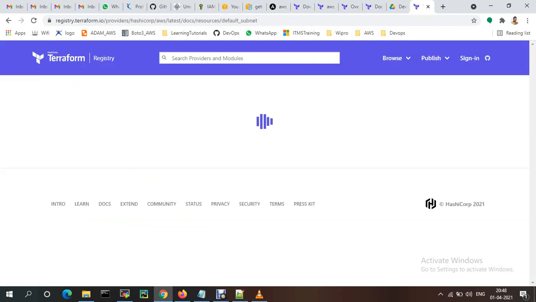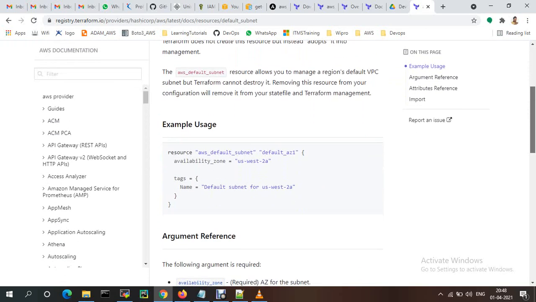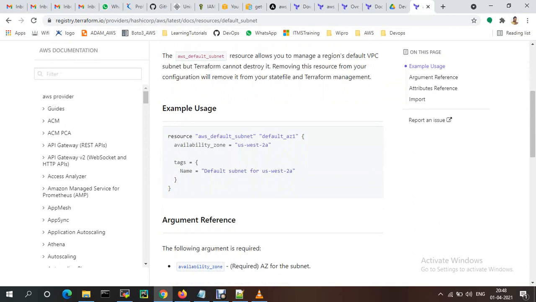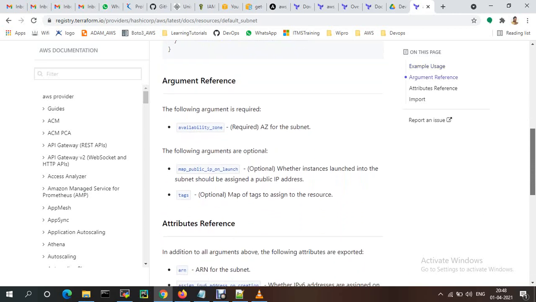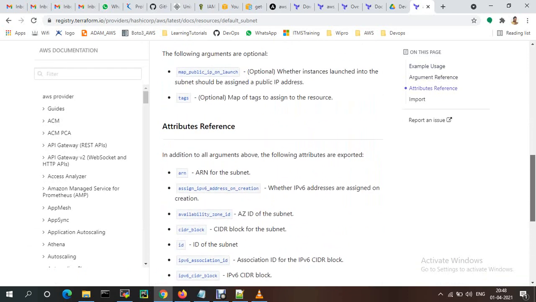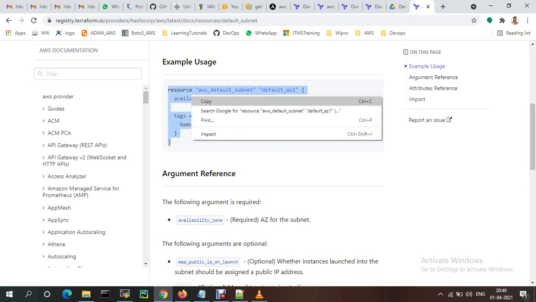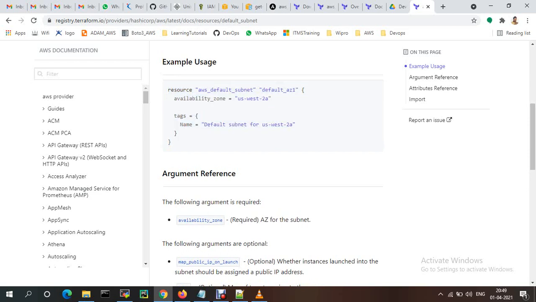You just need to add another resource, AWS default subnet, and you just need to provide the values.